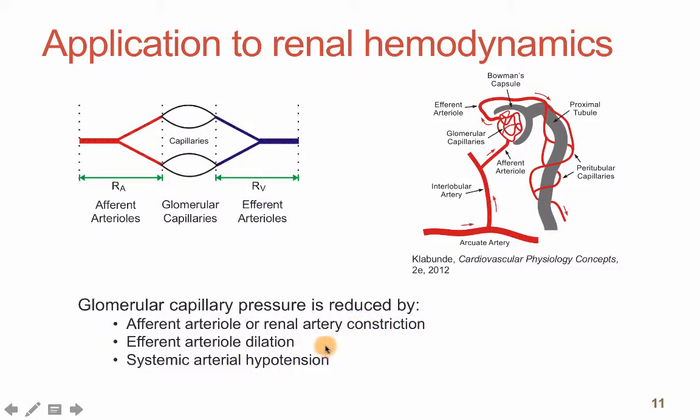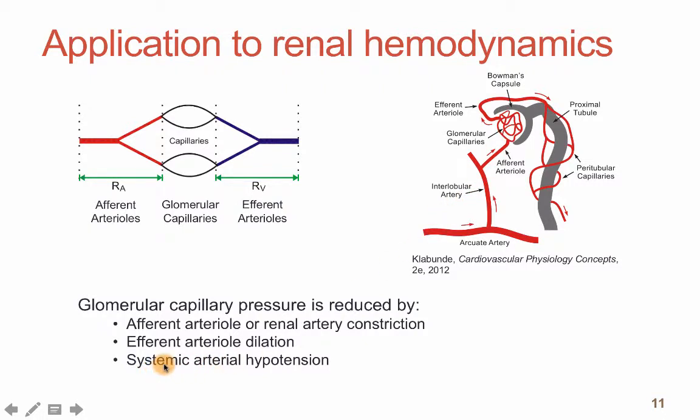On the other hand, we can also have a reduction in glomerular capillary pressure occur through efferent arteriolar dilation. Normally, this efferent arteriole has what we call vascular tone. It's partially constricted under normal conditions. But if a condition arises where this vessel dilates, that would cause reduced postcapillary resistance and a fall in glomerular capillary pressure. And finally, another way in which we can have a reduction in glomerular capillary pressure occur is through